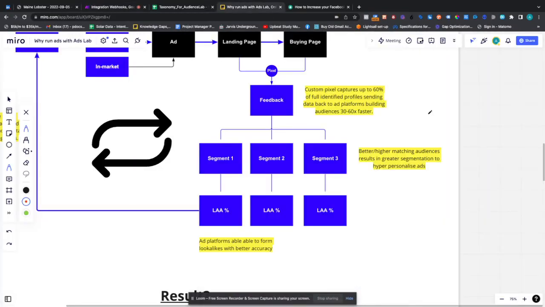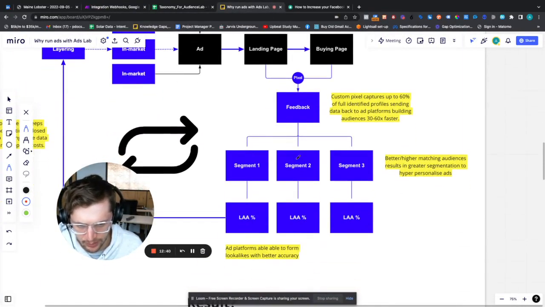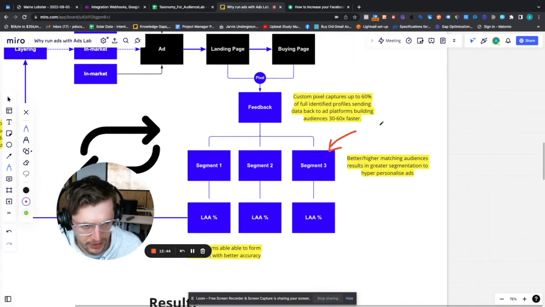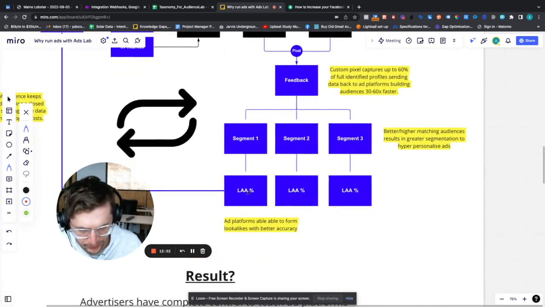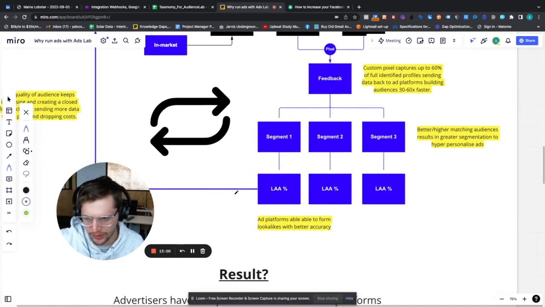Why it gets so powerful is because I'm going to build lookalikes from these segments. These segments are hyper potent, spot on. If you're looking at a target, this is straight up in the middle. So I'm doing that, and then I'm feeding it to Facebook to build lookalikes. Usually, when you build lookalikes off a custom audience that isn't matching correctly, the lookalike sucks, and then you're putting that back at the top of the funnel to find new audiences, and you're just feeding worse and worse data into the funnel. So it's literally a numbers game.